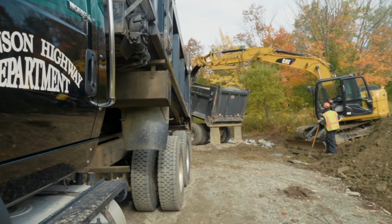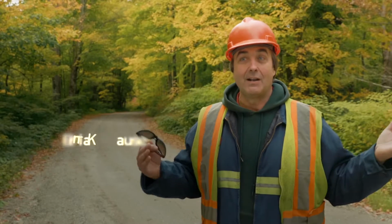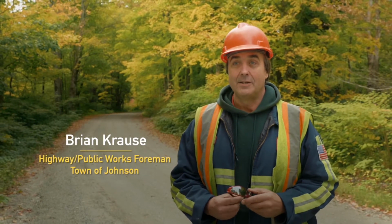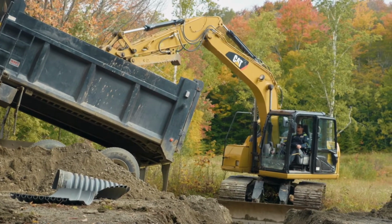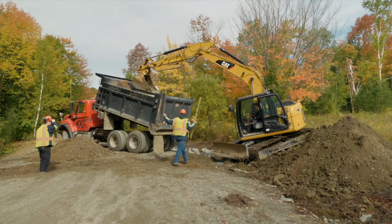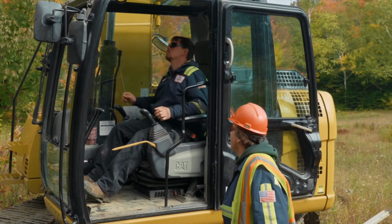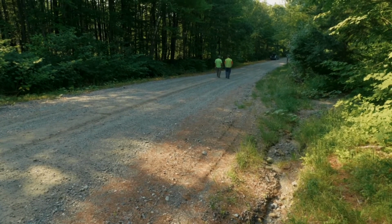This is one 200-meter segment of road that we're working on. If you multiply that by all the 100-meter segments of road, it all adds up. And you have to start somewhere. So it's important to me to do what I can, and as a road foreman, I'm trying to do my share, do my part. Passed in 2015, the Vermont Clean Water Act required the state of Vermont to regulate runoff